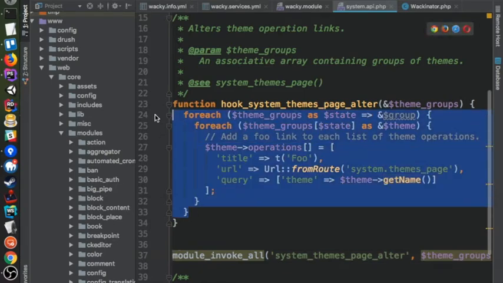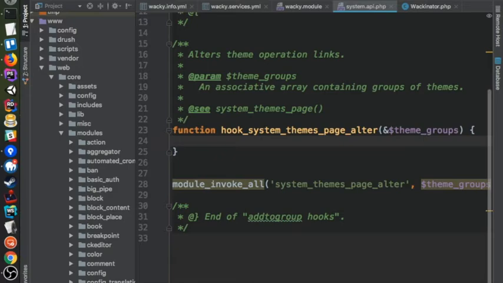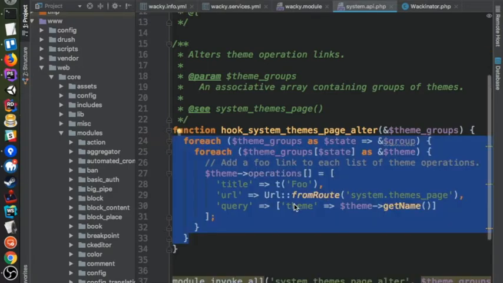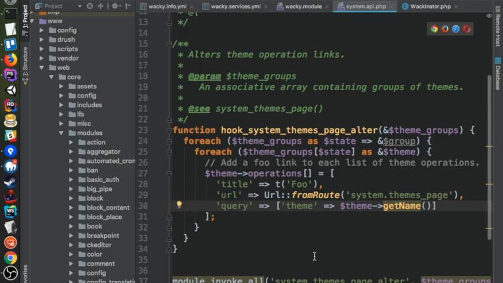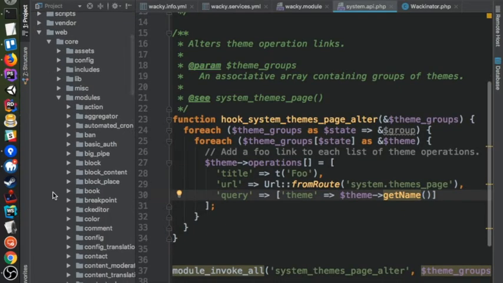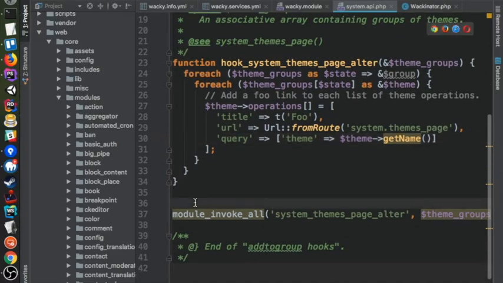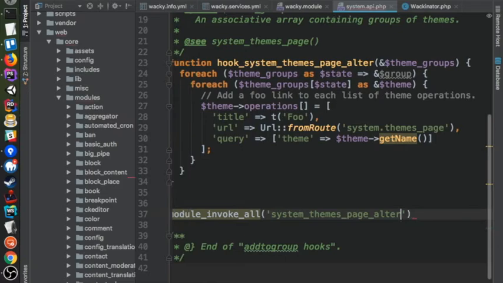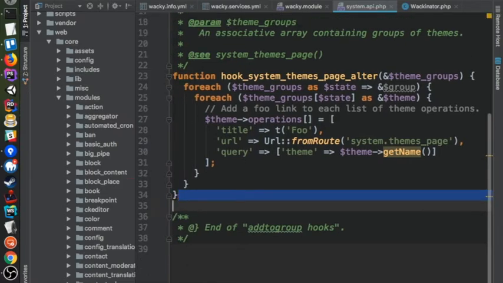None of this code does anything. They could have written it like this and not given you more of an example. All this for loop stuff is just to further help you understand the themes group. So .api.php files are documentation. They're not executed by Drupal. Let me just undo all that. Does